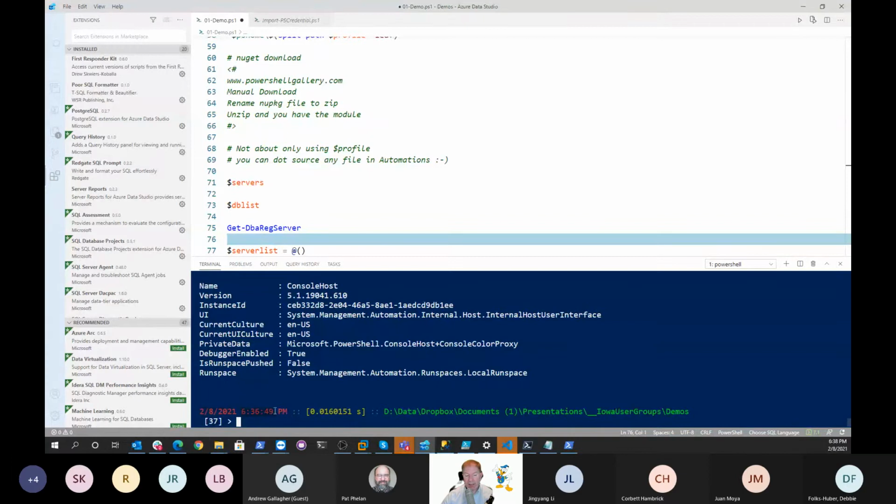There's my date. Here's my time that this prompt was shown. This is the amount of seconds that my last command ran. This is my current path of where I am. And then over here, this is my history number that this command will be. And we'll talk about that in a minute. And once I show you my profile, the history will show that this command will be 37. So now if I go Get-History, it will then show me my history,